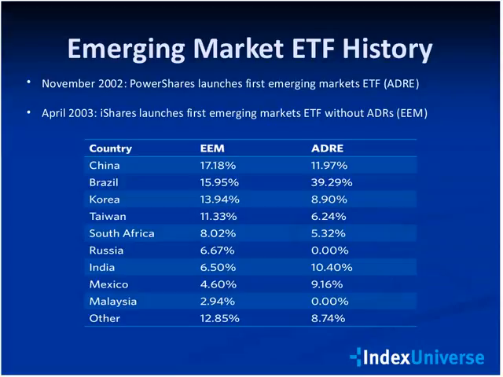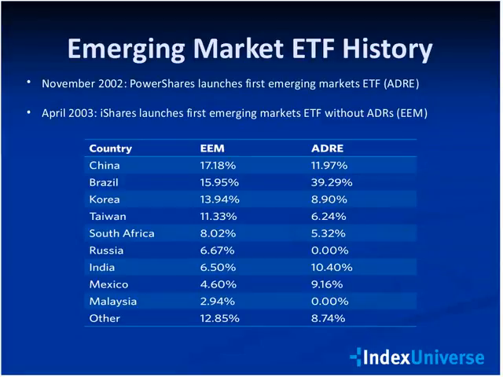You can really get a feel for this just by looking at the history of emerging market ETFs in the US. The first emerging market ETF was launched in 2002 when PowerShares came to market with the Builders Emerging Markets 50, or ADRE. ADRE got around the problem that ETF providers were having of accessing emerging markets simply by using ADRs. Those are New York listed shares of securities that trade in overseas markets. If you buy ADRs, you get around the problem of actually accessing stocks in China and Egypt and markets like that, but you end up with random exposure.